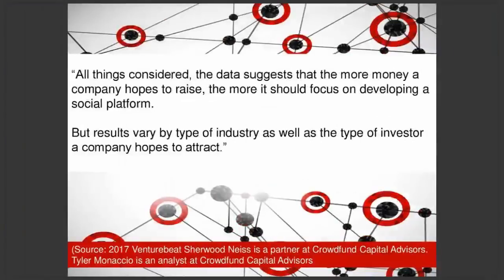So the key thing is that if you plan to use crowdfunding for your organization, it's important to try to develop your social platform, because this will ensure that you have sufficient followers who are passionate about your organization, who want to purchase your products and your